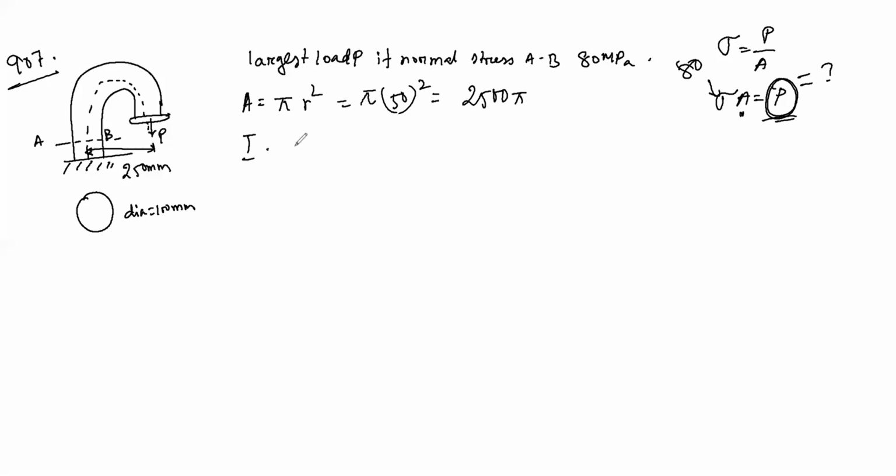আমার moment of inertia 1/4 pi r to the power 4, so এটা আসে কত 1/4 pi 50 to the power 4, so that will become 1562500 pi. I এবং এটা বের করে রাখলাম,